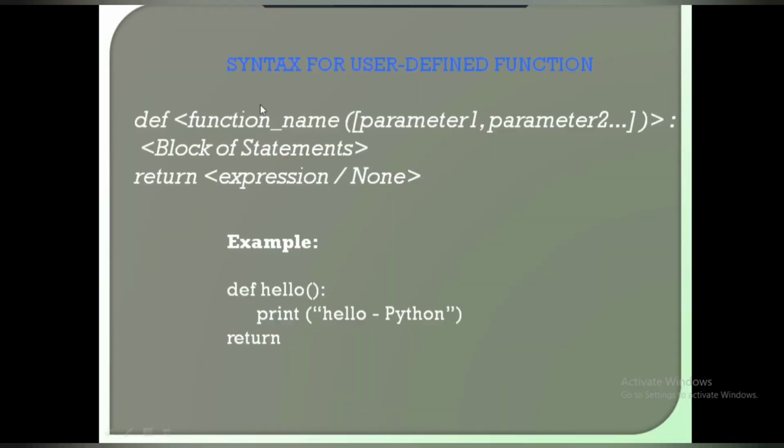So now you can see the syntax for user defined function. Now you can see what is the syntax. We already know what is the meaning of syntax. Syntax means set of rules used to write your program code. Now you can see what is the keyword you must specify. Def, D-E-F. This is the keyword. After writing the keyword, we just leave one space and then write a function name.